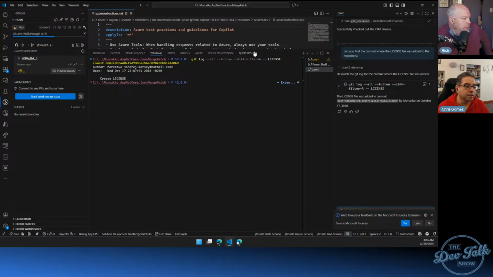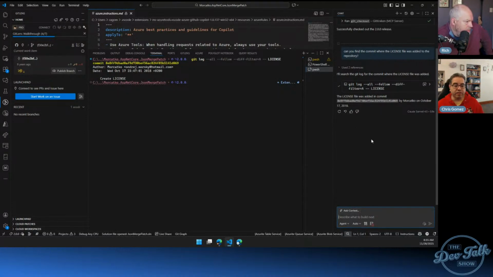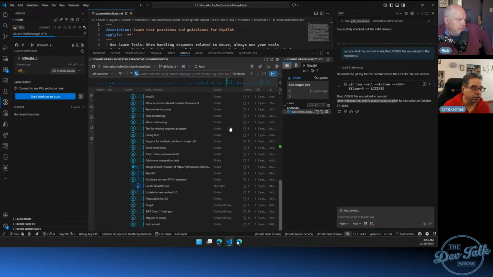So I actually think that's interesting, right? The license file was added in a specific commit. Yeah. So I can see some use there. I think it's interesting that it's like, well, I'll just look through the log, but this is a smaller repository. Some of the things you work in could have been going on for years and years and years. If I remember correctly, the graph here is not huge, which is a good thing.